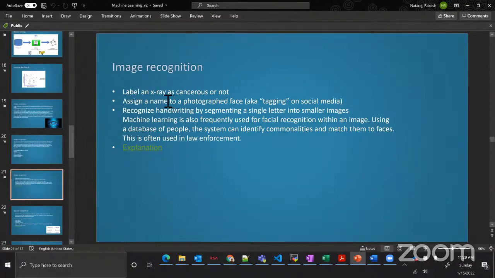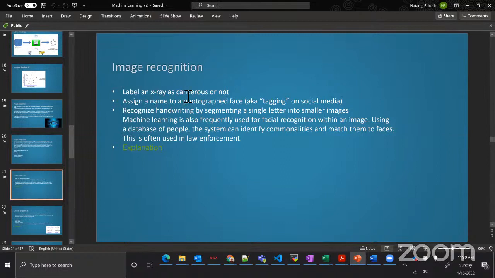So one more is there are also different use cases even in the medical field. One is X-rays. When a person takes an X-ray, it has some minute components which are not seen by the human eye to decide if there is a cancerous cell or not. So if you pass this particular X-ray image to an AI/ML model,